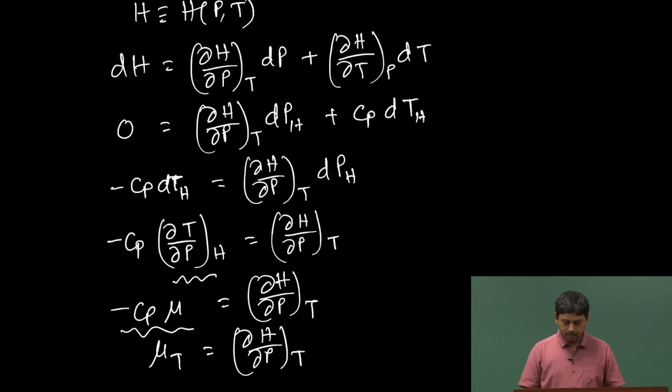Okay. So, you can measure either mu or you can measure mu T. They are not same, because there is a Cp sitting here and the Cp may or may not be temperature dependent. So, you do not have to worry about Cp if you are calculating only the mu T, because then it is already taken into account. Okay. So, what you are going to calculate, basically you are going to calculate the change in temperature due to change in pressure.